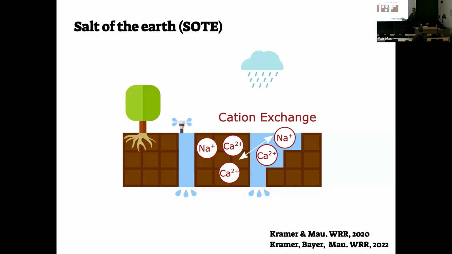We deal with the two major cations, which are sodium and calcium, and each one pulls the soil in a different direction. Usually the sodium will cause the aggregates to expand, and it lowers the hydraulic conductivity, and calcium does the opposite. So there's a tug of war there. So we have a model, and we have the ability to simulate it and take into consideration what we learned from the first part, that salinization and sodification processes are not always reversible. Once you degrade the soil, you can get stuck.